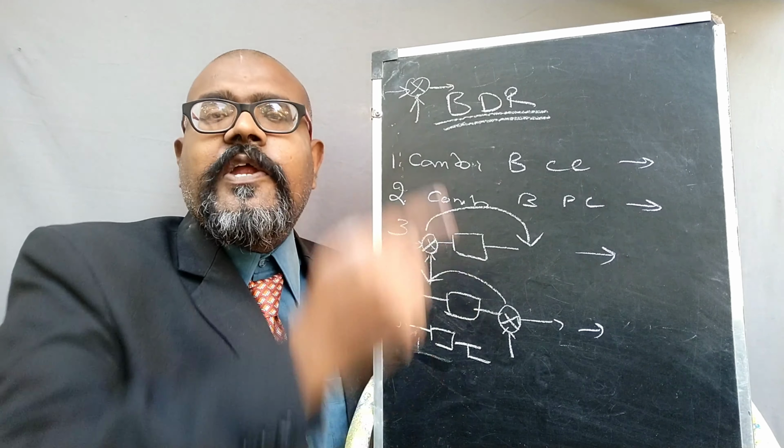Then how can we remove the feedback path? Please remember, how can we remove this feedback path? There are 2 feedback paths: positive feedback path and negative feedback path. If the loop is connected to the positive sign of the summing point, then it is called a positive feedback path. If the loop signal is connected to the negative sign of the summing point, then it is called the negative feedback path. So how can we remove it? What is the rule we can apply?